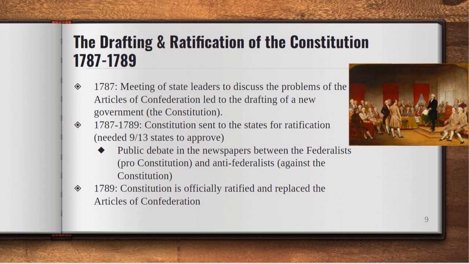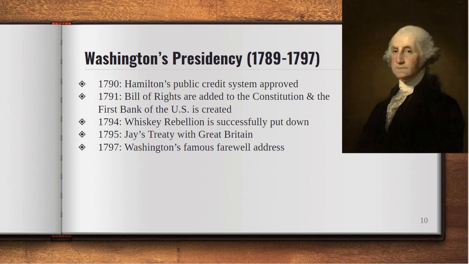And over the course of the next 2 years, there was a very public debate between Federalists and Anti Federalists on whether or not to approve the Constitution. Eventually, the Federalists would win out. The Constitution was approved and went into effect in 1789. The new Constitution called for three branches of government, with an executive branch headed by a president. The person that was almost universally approved of for the job was George Washington, who served 2 terms from 1789